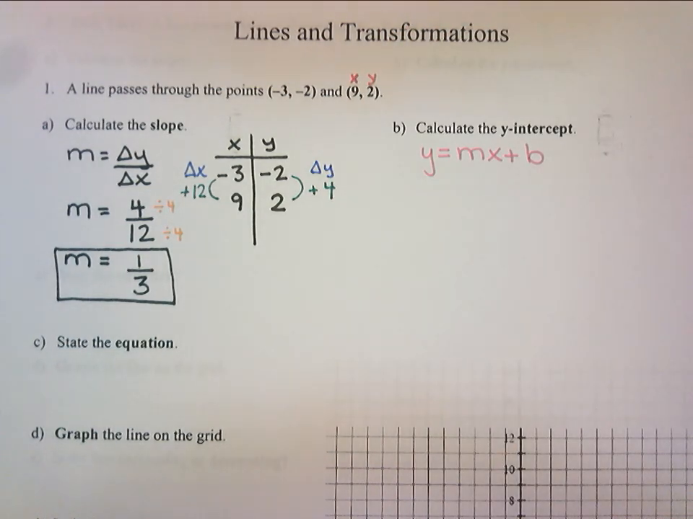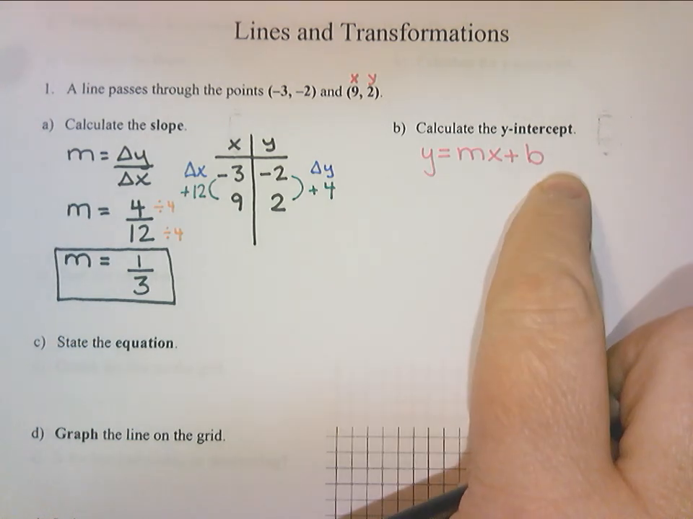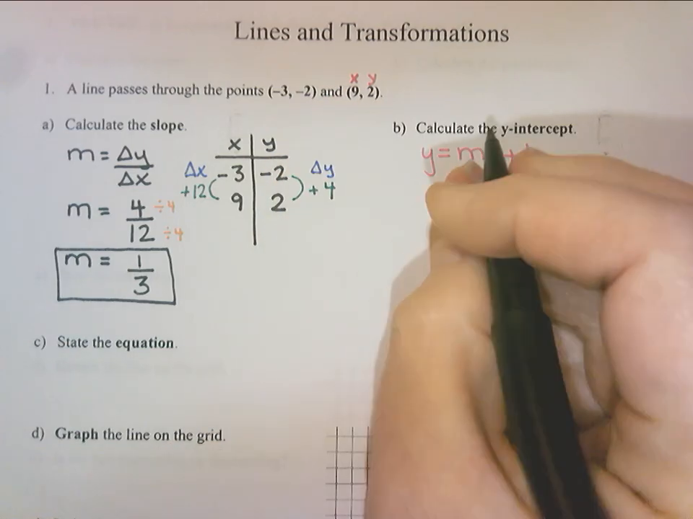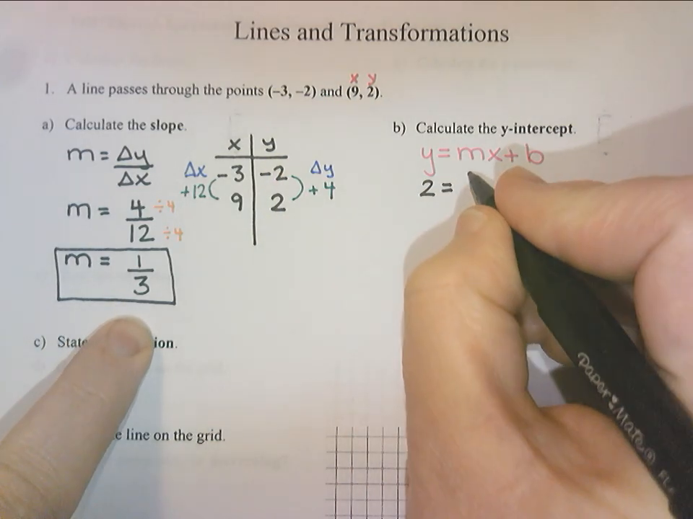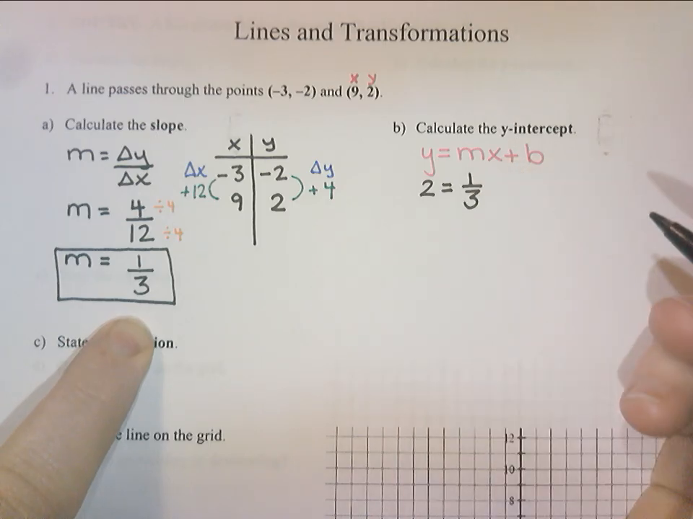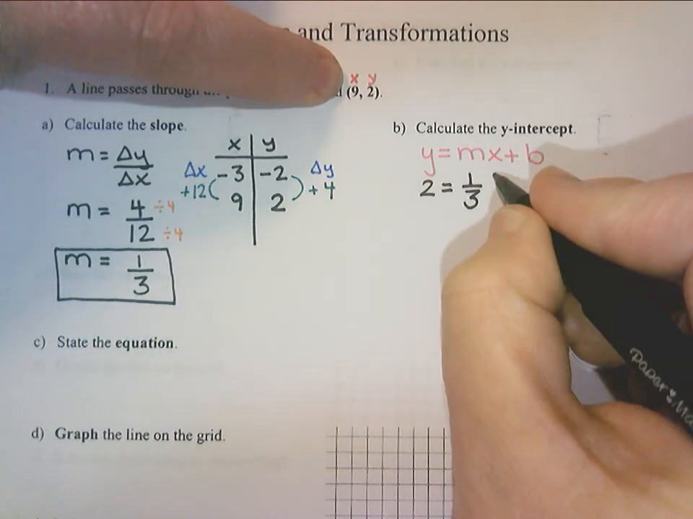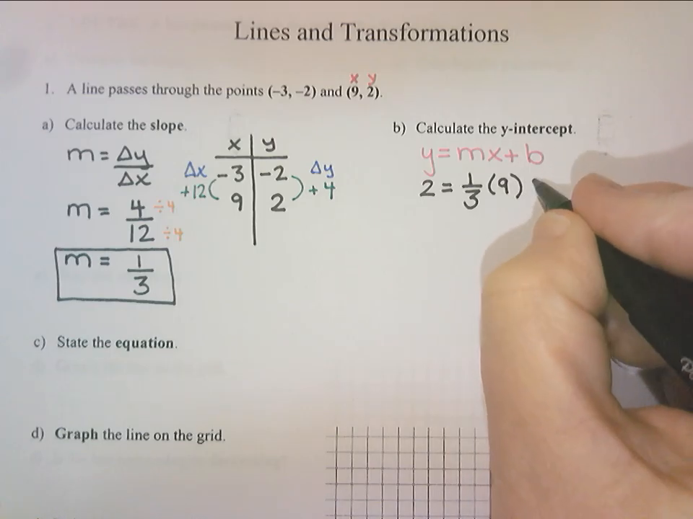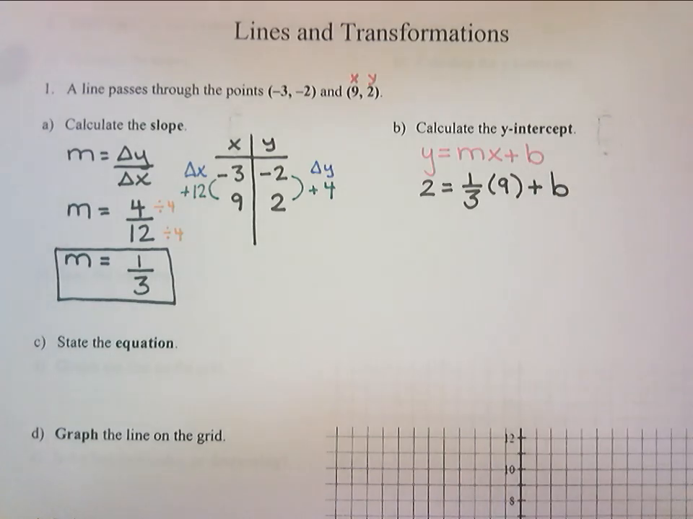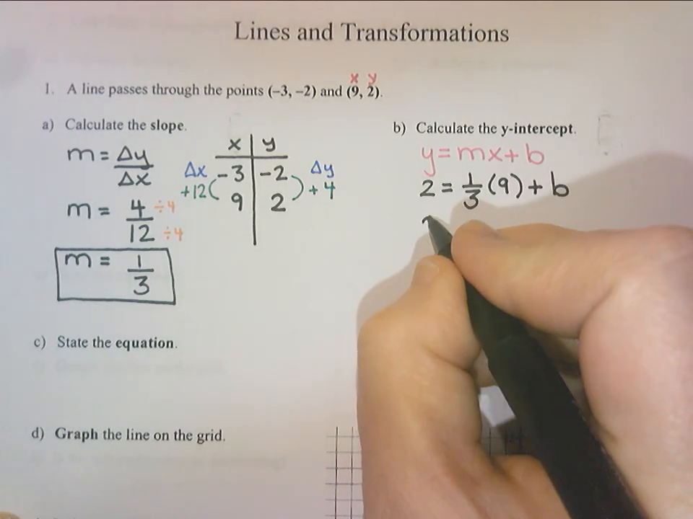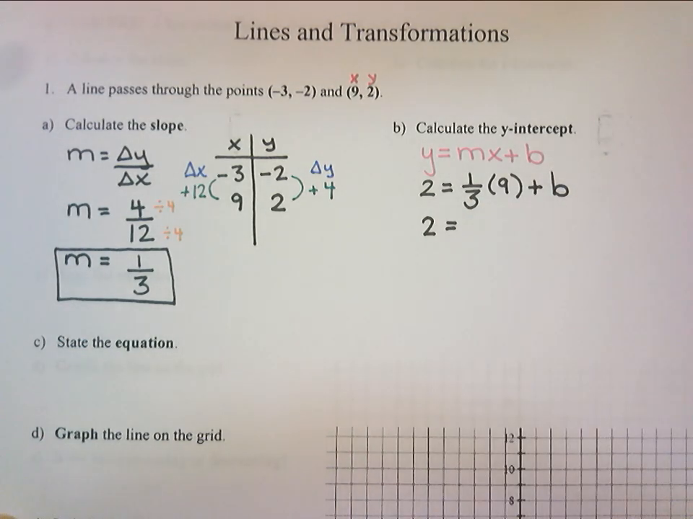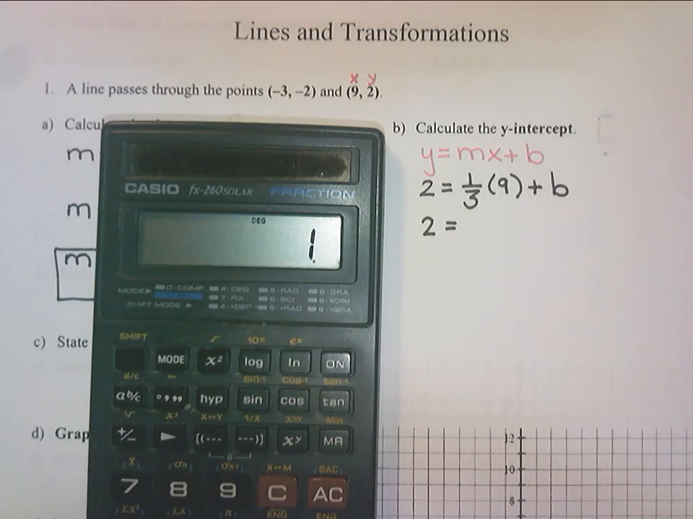So my x is going to be 9 and my y is going to be 2. So I'm going to take y equals mx plus b. For y, we're putting in the number 2. For m, we're putting in our slope that we just found, which is 1/3. For x, I'm putting in 9, so times 9, and then plus b. All right, from here we would need to calculate 1 divided by 3 times 9. So 1 divided by 3 times 9 is 3